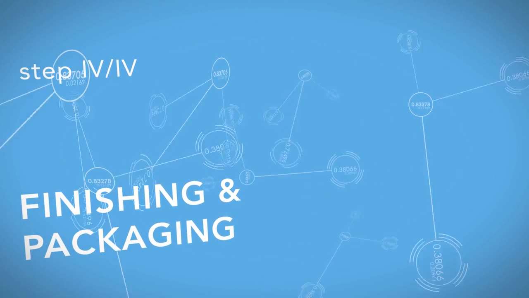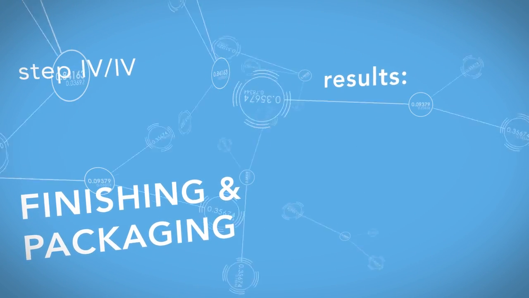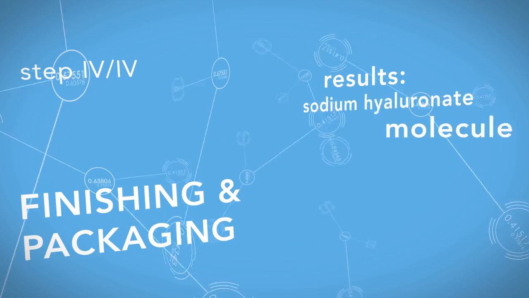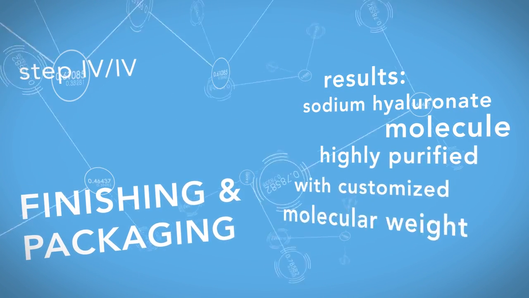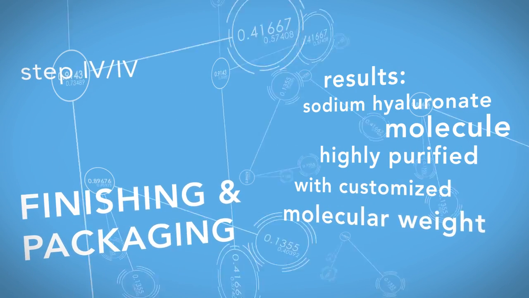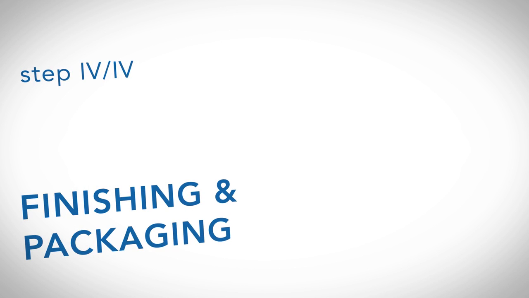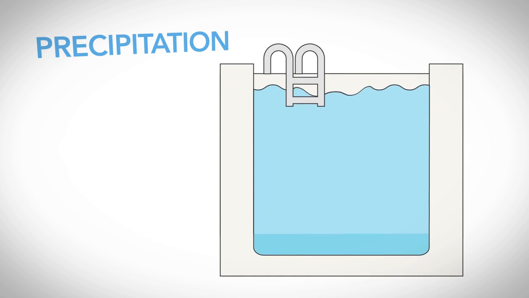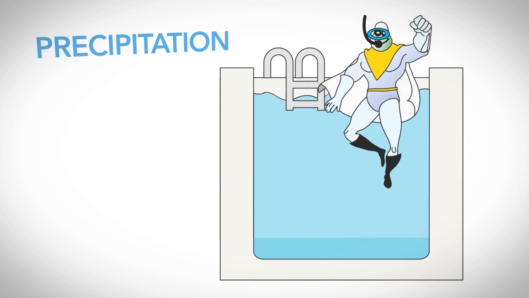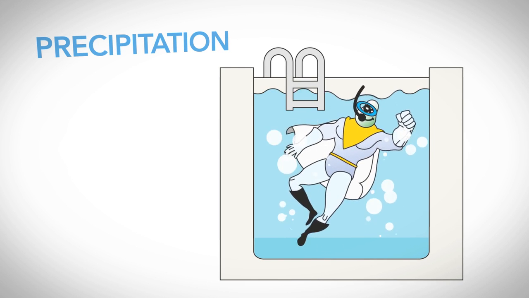Step 4. Finishing and packaging. We are now ready to touch with hands the results of the whole biofermentation process, a molecule of sodium hyaluronate, highly purified with customized molecular weights, from 40 kDa to 2 million Daltons. Precipitation. The purified sodium hyaluronate solution is transferred to the precipitation vessel, neutralized with hydrochloric acid, and then